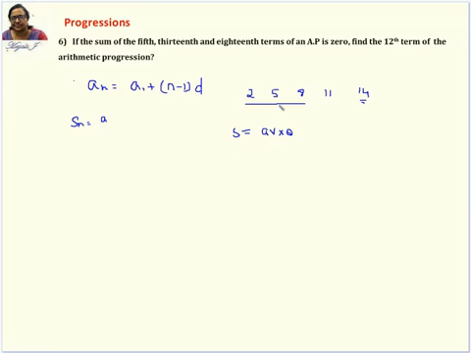Normally whenever it is uniformly distributed or it is an arithmetic progression, we always go for the middle term as the average. Suppose you have 4 terms, then we need to take these 2 middle terms, add them and divide by 2. If you have 3 terms, you are taking only the middle term. So this is going to be 5. And how many quantities are there? 1, 2, 3. So this is one way of calculating the sum of these 3.